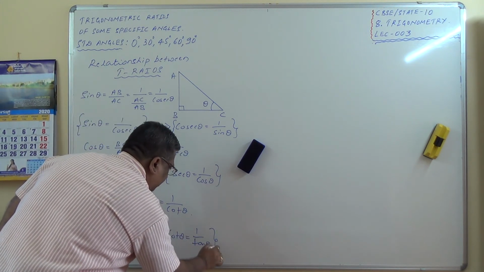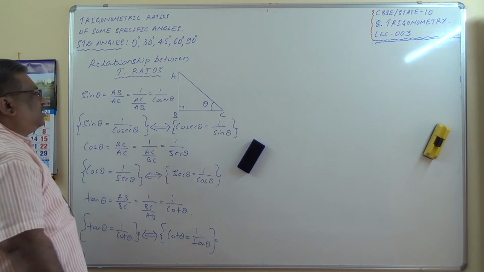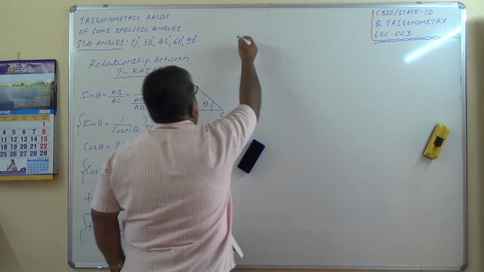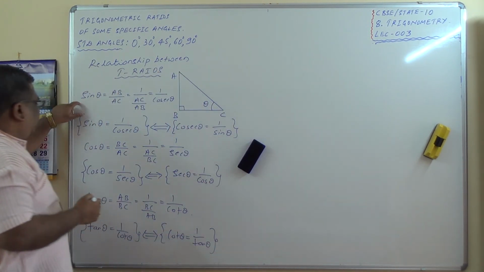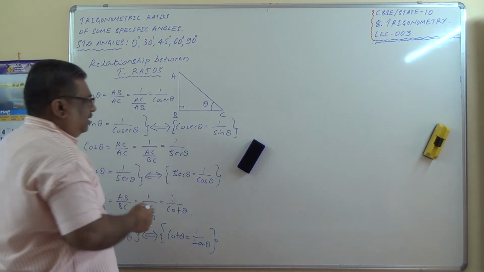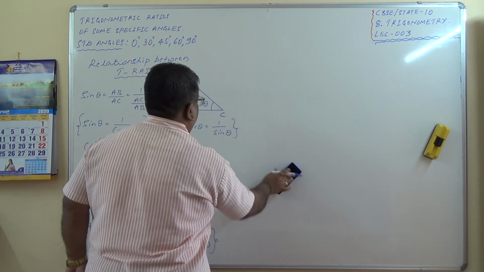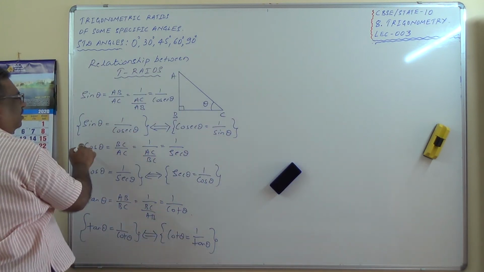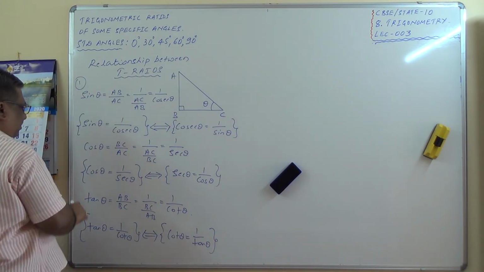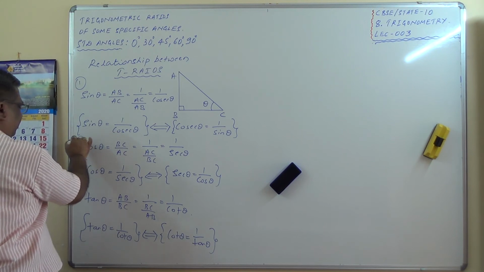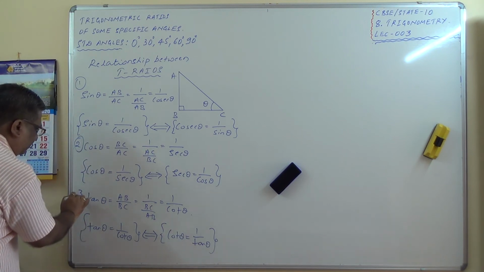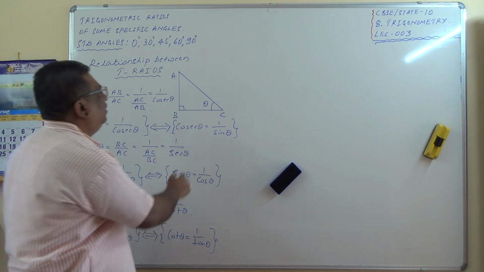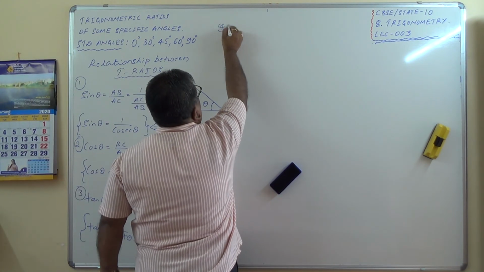And one more last relation. We'll divide this sine theta by cos theta and let us see what we get. Sine theta by cos theta. I think let me put the serial numbers. This is the first one. Here this is the second one. This is the third one. And here